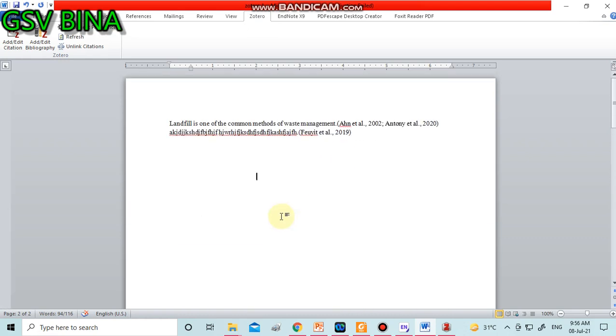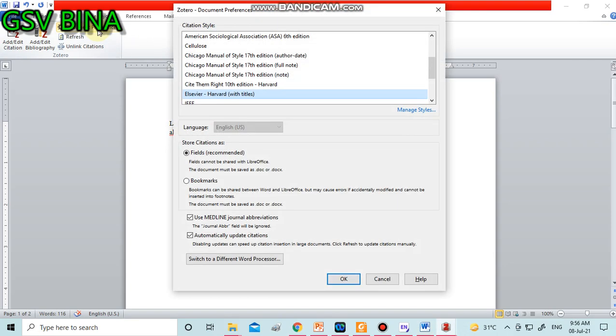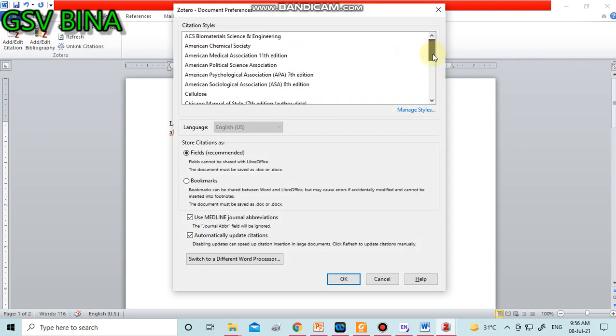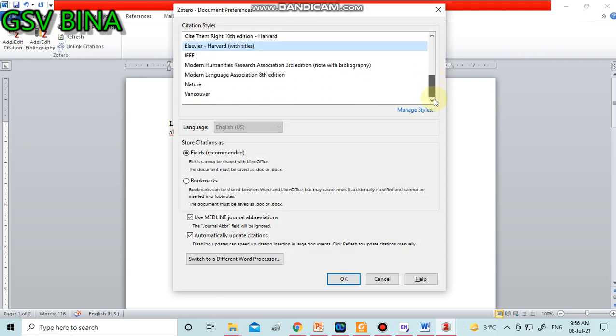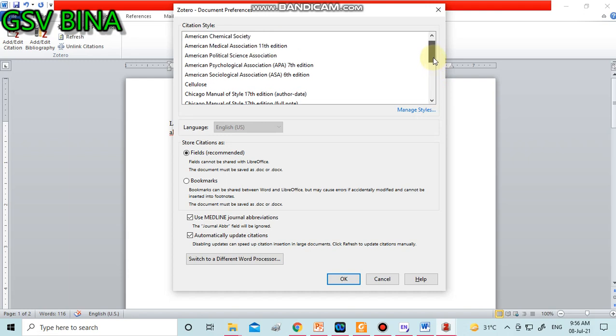Now the second thing is how we can change the style of our reference as per our need. You just go to the document preference, and here you can see the list of different citation styles. You can select any one of them.